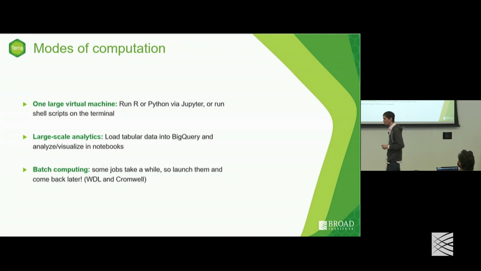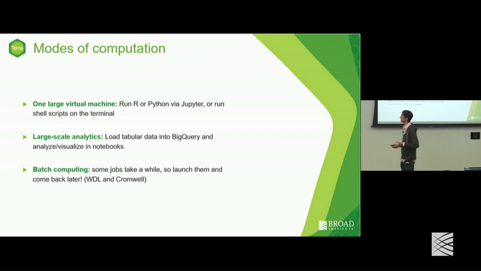Terra is really flexible about how you can do your computations. So you could work with one large virtual machine in Terra, and this is all in the Google platform. You can run R or Python in Jupyter. You can run shell scripts on the terminal. You can do large-scale analytics by loading tabular data into BigQuery. And for the germline geneticist, you can do batch computing, where you can run tools on a bunch of samples, takes a long time, but you can set it and forget it, come back later when it's done. And that is using our workflow description language, which we're going to touch on very minimally today,